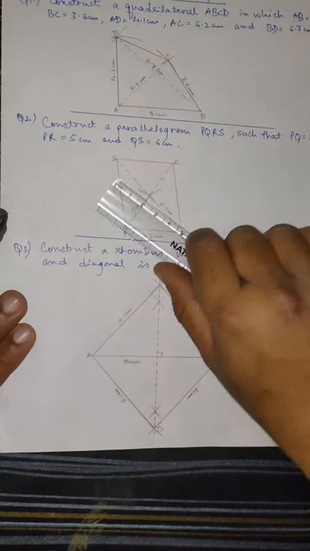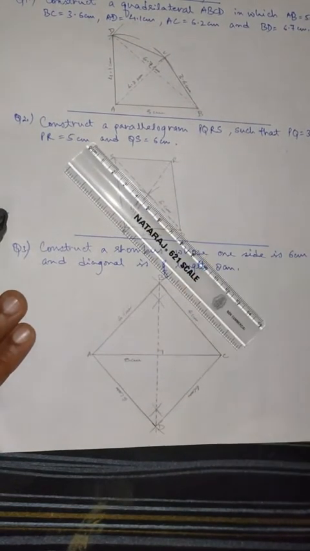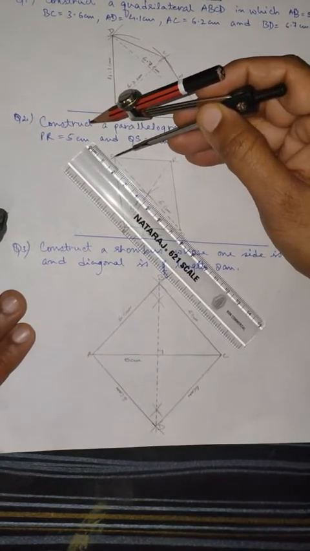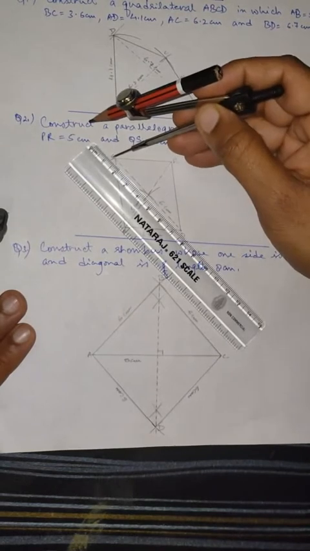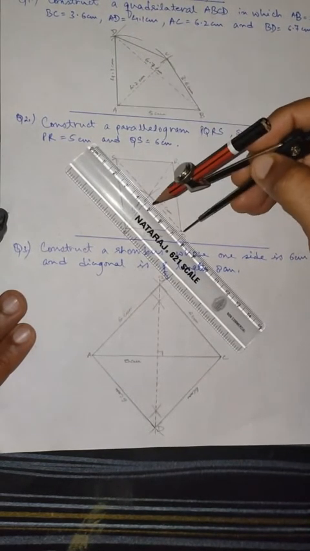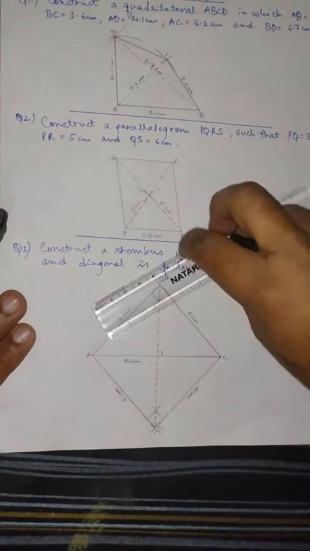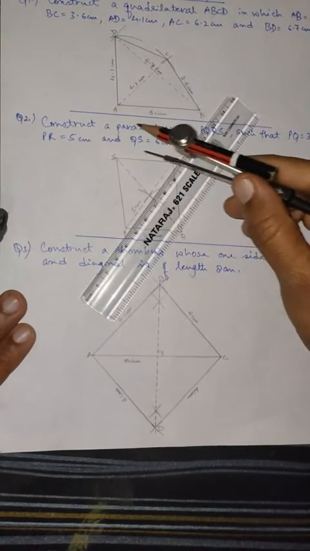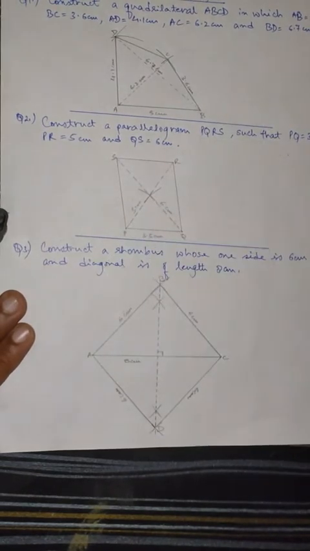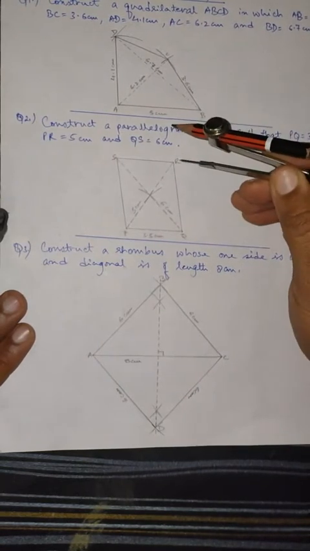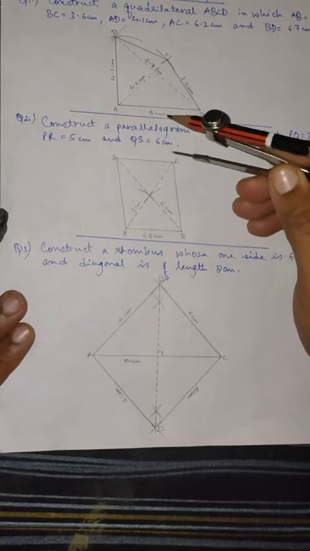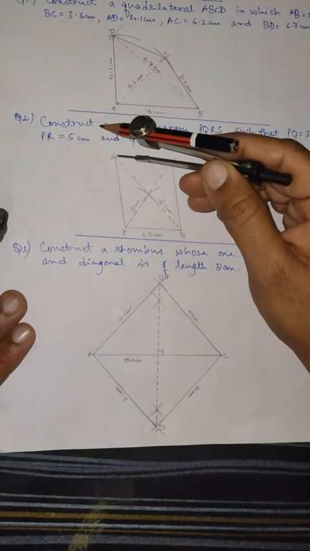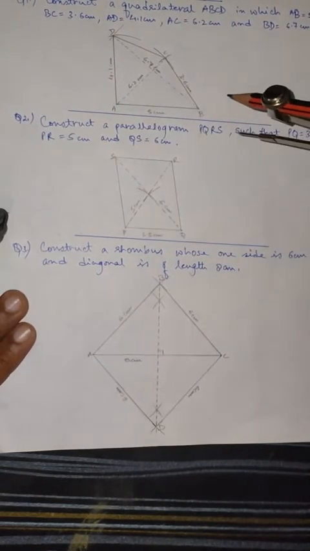Similarly, the other length, which I have just drawn as 3 centimeter, I'm going to extend further by 3 centimeter. In this way, the other diagonal of 6 centimeter will be drawn. So wherever this length reaches 6 centimeter and the other length reaches 5 centimeter, those will be the 2 points of the parallelogram. In this way, I'll get a vertex R and a vertex S, and then we join this Q vertex with R, R with S, and S with P. In this way, we can get the required parallelogram.